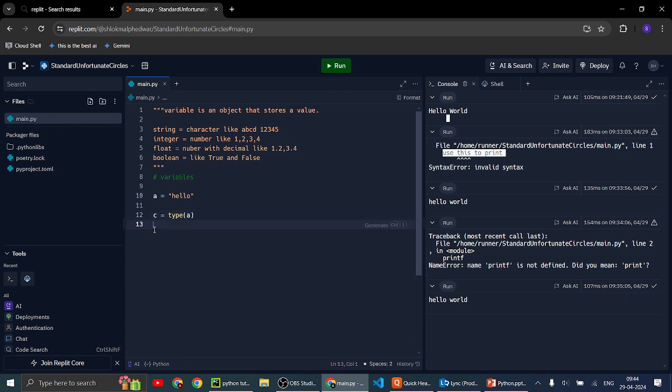C is type, meaning the value which type will have.